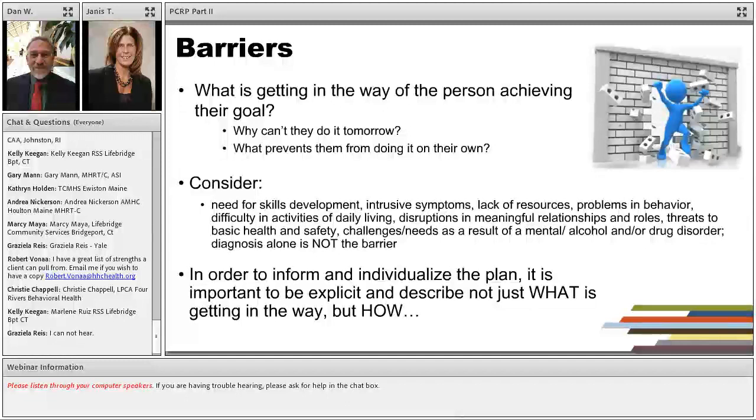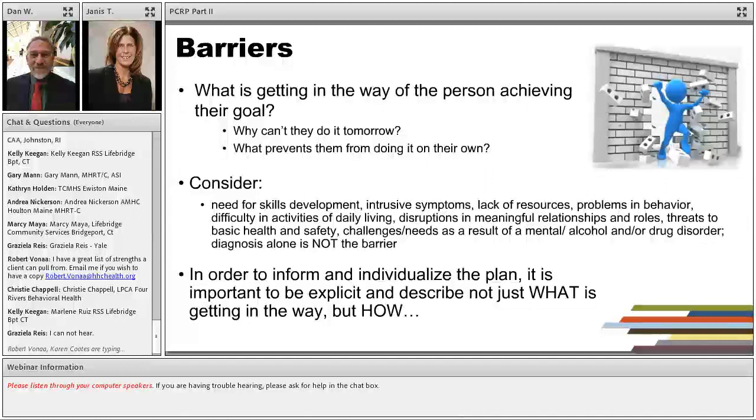There's a lot of confusion around this in the field, and sometimes people, for example, will write down in a barriers field on the plan, a person has poor budgeting skills, okay? And while that may be something they struggle with, half of America has poor budgeting skills, right? And they can't all come to your outpatient community mental health center. So we have to be clearly articulating what is it about their experience.